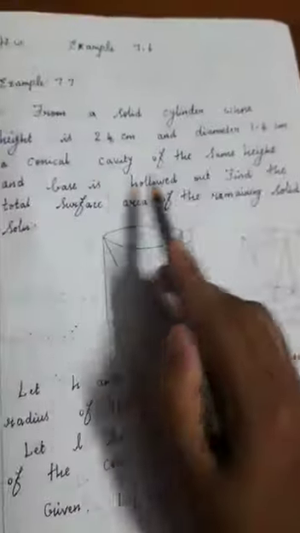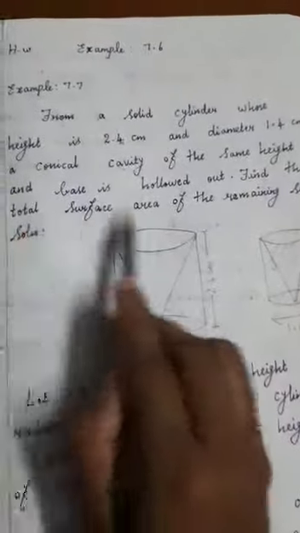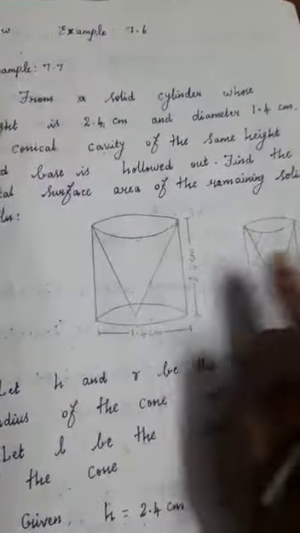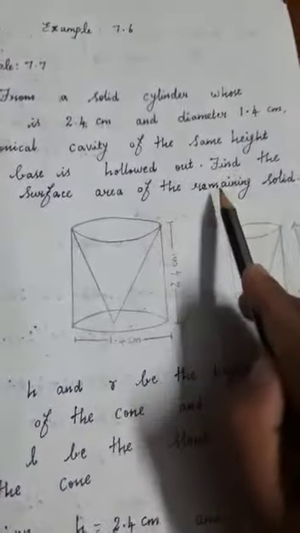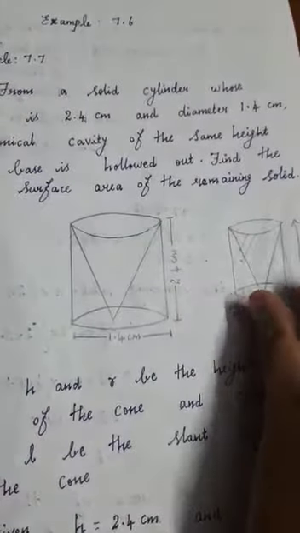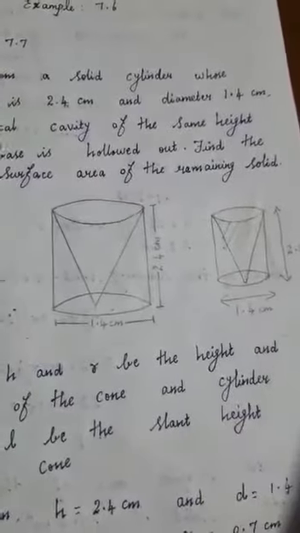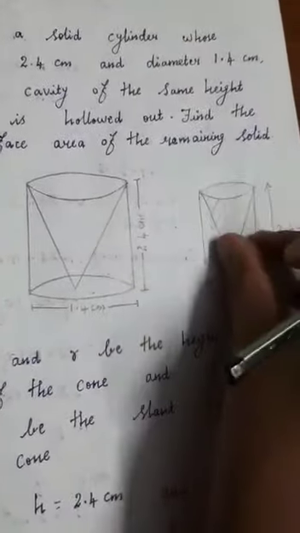So in our question they have asked to find out the total surface area of the remaining solid. You don't think it here, total surface area they have asked, so you need to find out the TSA formula. But here don't use the TSA formula, because in our question they have asked the total surface area of the remaining solid. So after cutting this cone shape, the remaining solid only they have asked. So here two shapes you have, cylinder and the cone shape also.